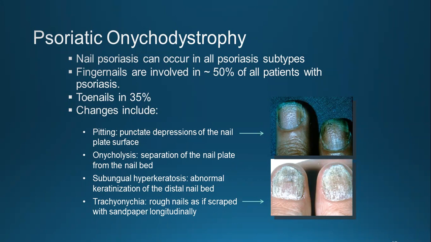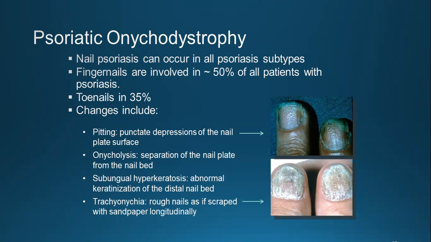What are the changes? There are 14, 15, 20 changes. But if you just remember 4 letters, P-O-S-T, post, or you can rearrange it as spot, stop, pots, or tops, whatever you want. Pitting: punctate depressions on the nail plate surface. Onycholysis: separation of the nail plate from the nail bed, giving it the oil drop sign, which is the pathognomonic sign